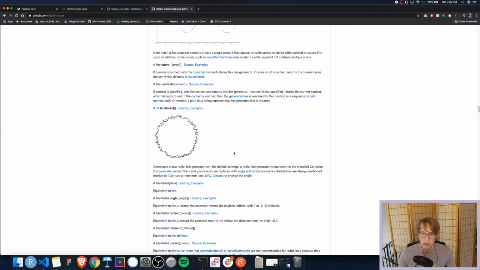Now line radial, this might be, let's see, the same except X and Y accessors are replaced with angle and radius accessors. Okay, that's interesting because we do actually have the angle and the radius. One thing that I was slightly concerned about is having our points connect at the end. So if I go back to